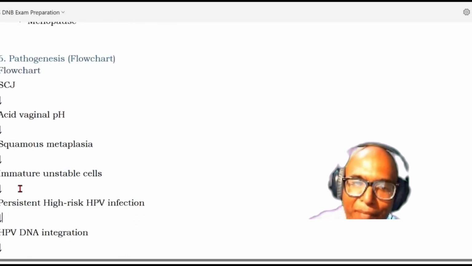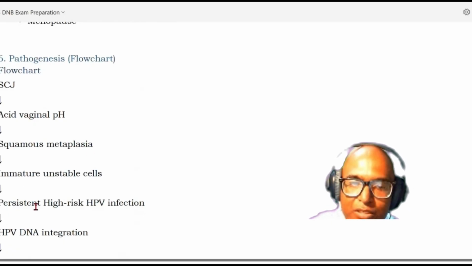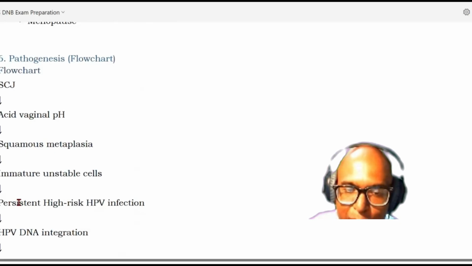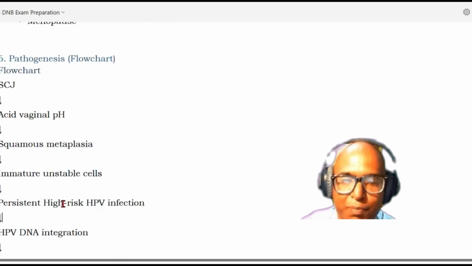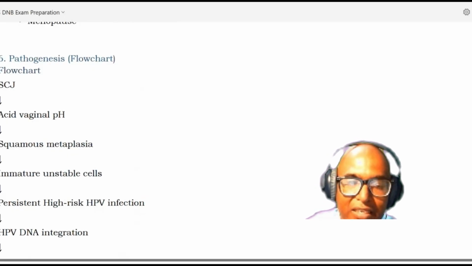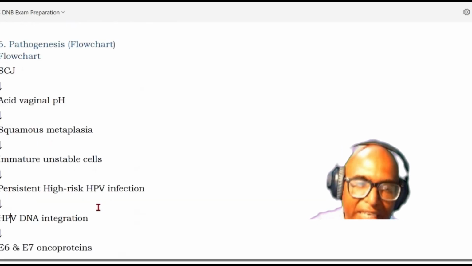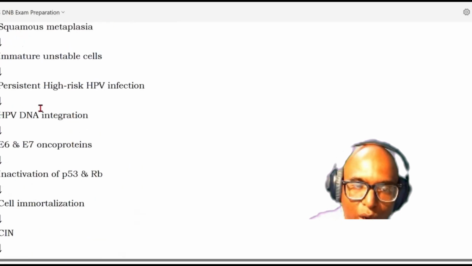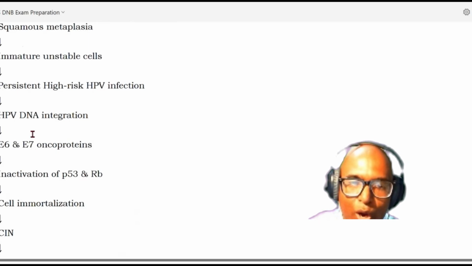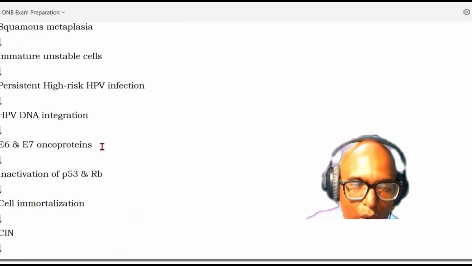These are the immature unstable cells that make the HPV virus persist. Normally in HPV infection there is a clearance, but these immature cells favor persistence of the HPV infection, which will lead to integration of the HPV DNA into the cells, and you will get two oncoproteins from the HPV, the two villains which you should know. E6 and E7 are the HPV oncoproteins,